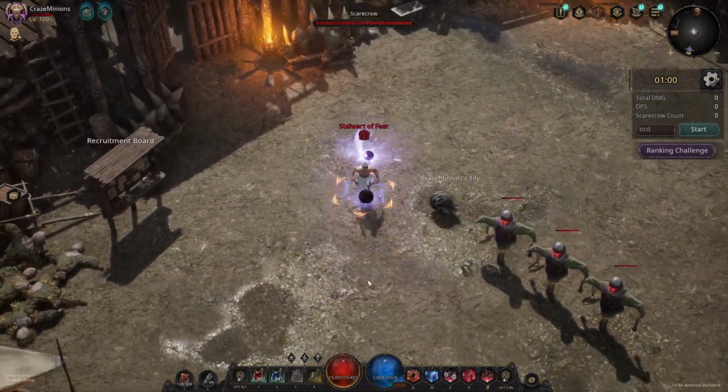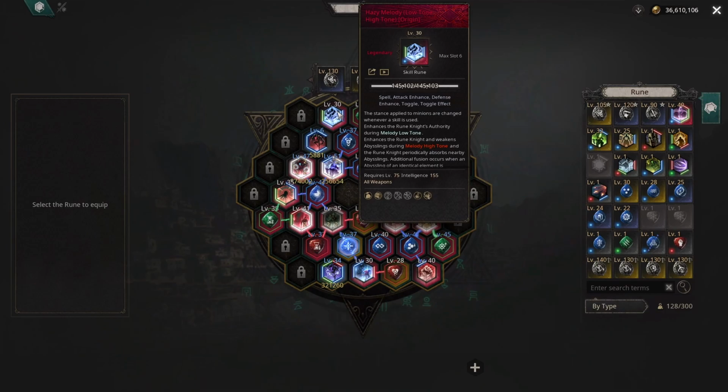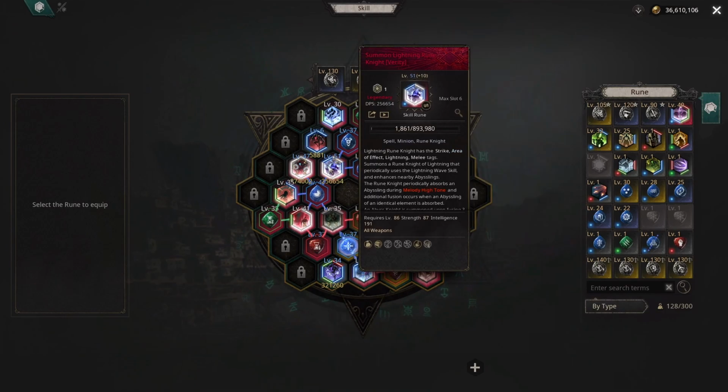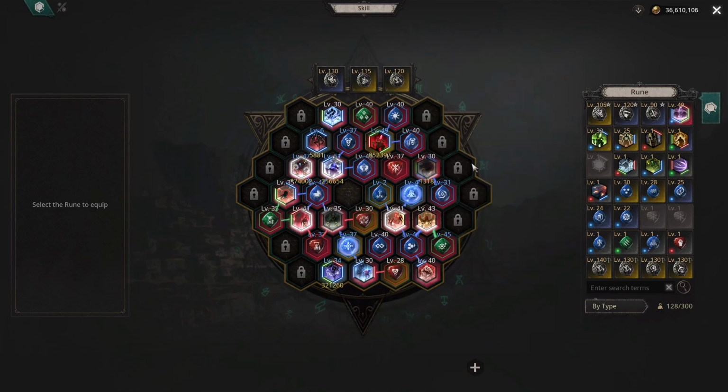Anyway, hopefully that helps you guys. I'm going to be making a lot more build videos on it here soon. The new ability, Hazy Melody, really cool. And the fact that we get to kind of try out all of our little Rune Knights and switch back and forth between them now, kind of a cool thing. Little tip for people,